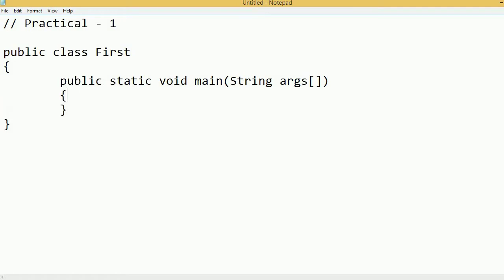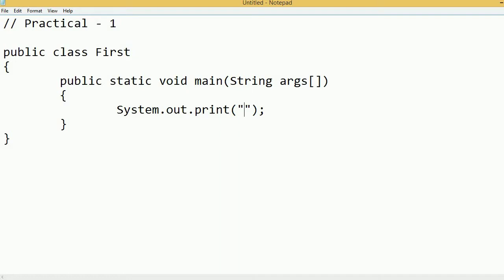Now our task is to print the hello world on screen. For that we will use the System.out.print. In System.out.print only S is capital. As Java is a very case sensitive language, we have to take care about the keywords, right? Where S is a capital.